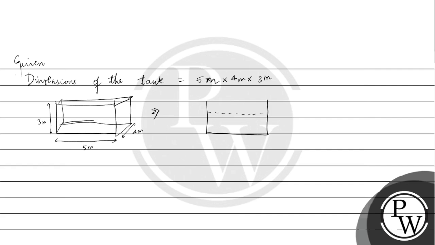तो क्वेश्चन में दिए हैं कि the height of the fluid is 2 meters, height of the tank is 3 meters, ये लेंथ हुआ 5 मीटर. तो टैंक को लेट अस से इस डायरेक्शन में एक्सेलरेट कर रहे हैं, तो we also have an acceleration due to gravity which is downwards. So given dimensions of the tank, height of the fluid or height of the water, you can say H is 2 meters.